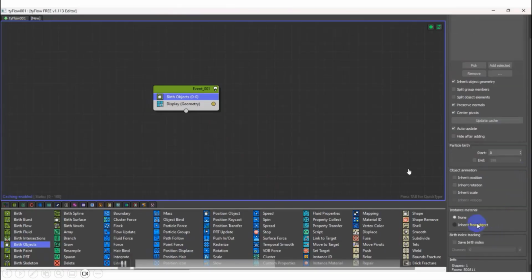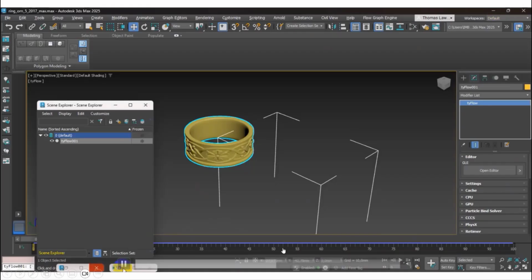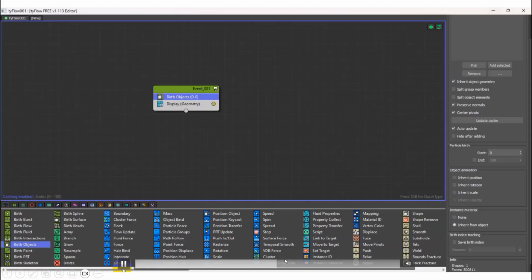So the question is, can you apply the material? The answer is yes. You can apply your material because this is an instance material. Let's say if you did the UV work or any mapping on your object before, you can apply it to the TyFlow object. So no worry, because it inherits. Okay, so I move on.